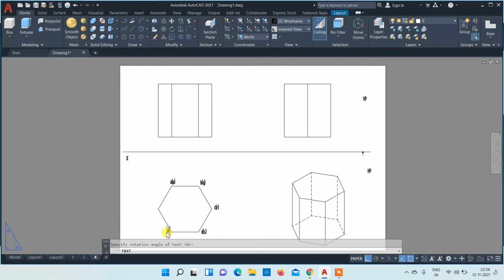This is E, with T in the bracket, and this one F, with U in the bracket. Likewise you have to mark the front view also.